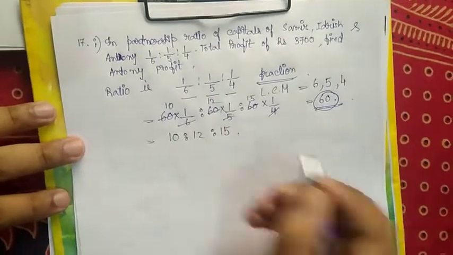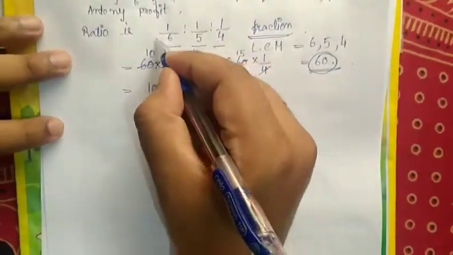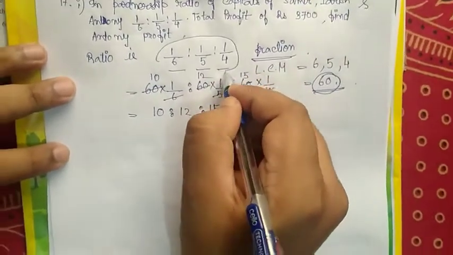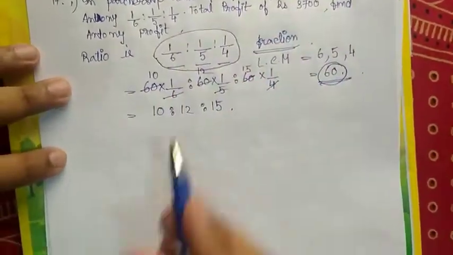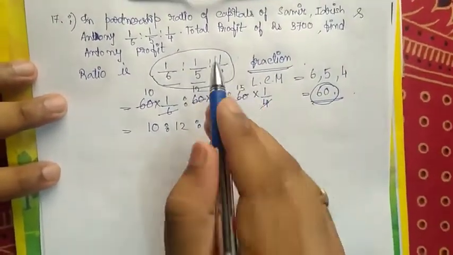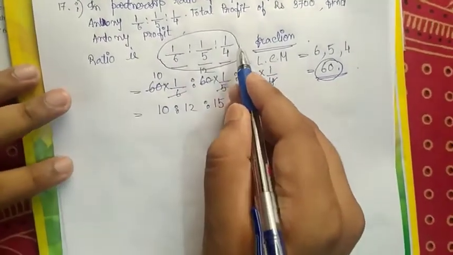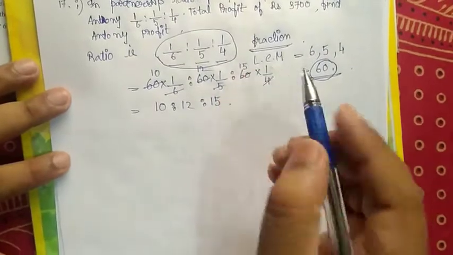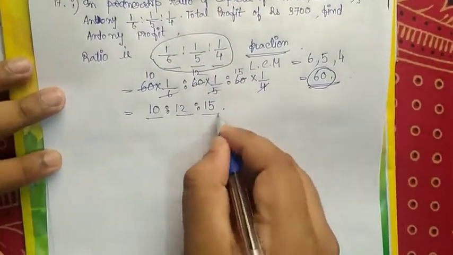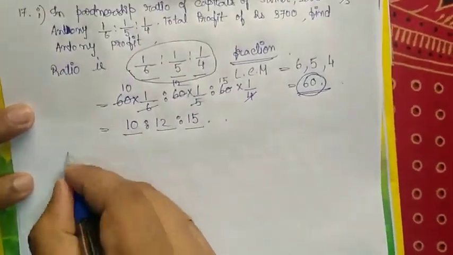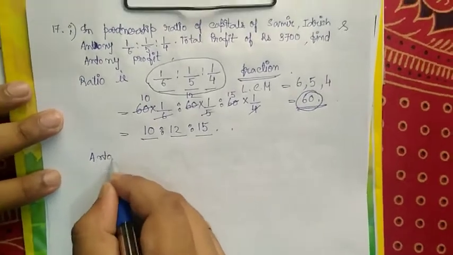So this is very important because this is a fraction. First of all, if any fraction type of ratio is given, we have to convert it into a whole number ratio. So therefore Anthony's profit